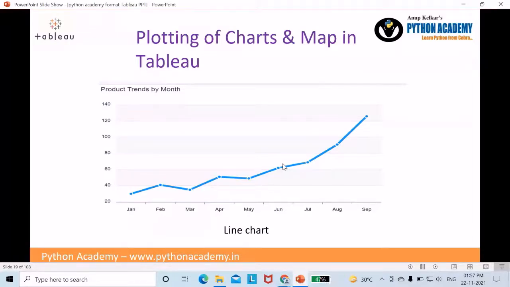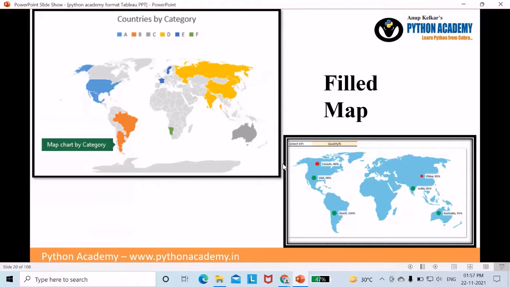Next is field map. This is the most important and very attractive feature in Tableau where you can fill the map according to the category and at the same time you can use the color palettes for different countries, states and the city. At the same time you can highlight whatever you want in field map and at the same time you can modify the data visualization as per your requirement.